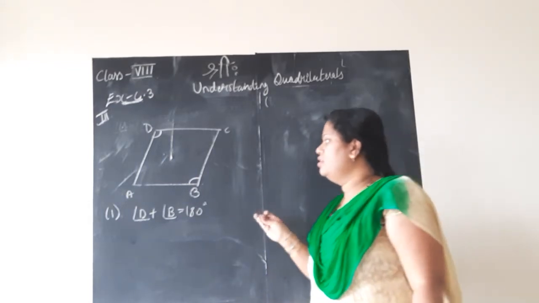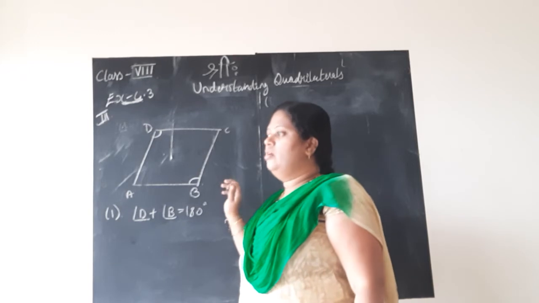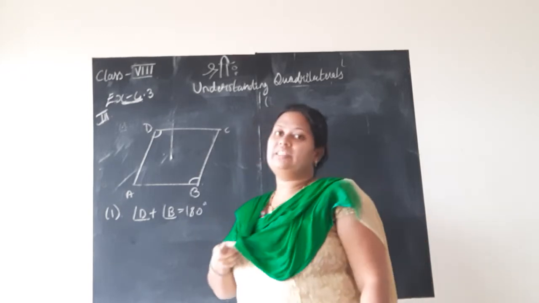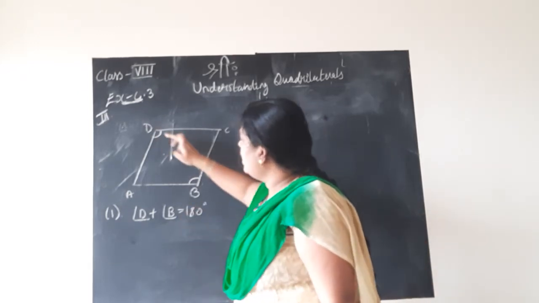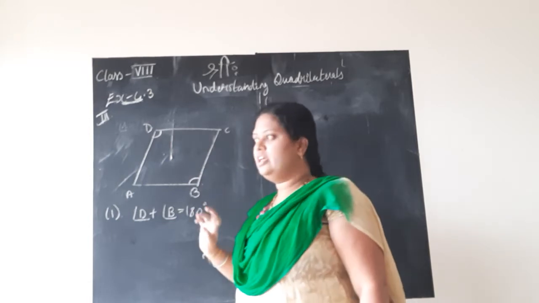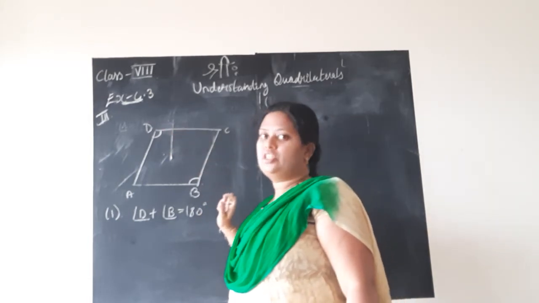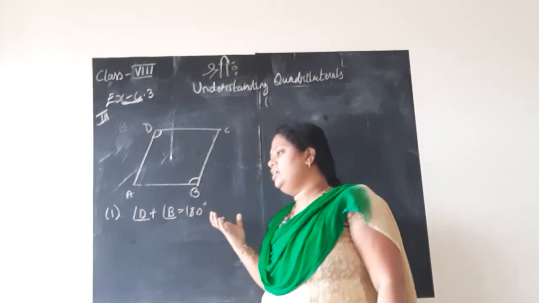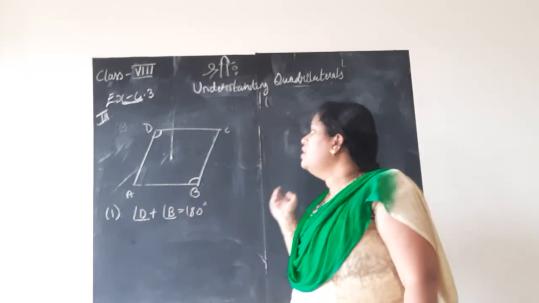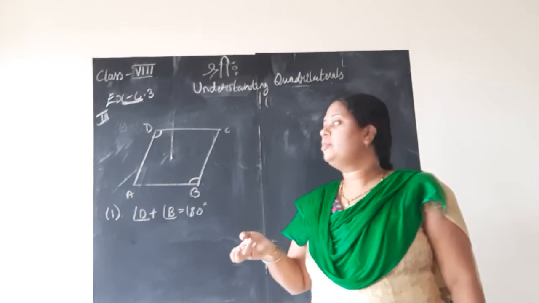Why? Because to be a parallelogram, there are many properties to be satisfied. If angle D plus angle B is 180 degrees, it is not enough. Why? D and B are opposite angles and they should be equal. So it can be 90-90. Yes, it may be right. But it should satisfy other properties like